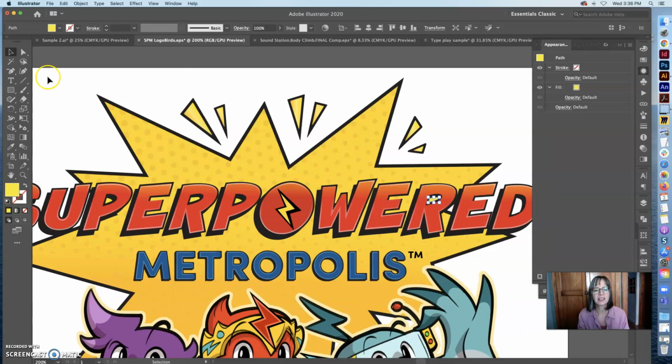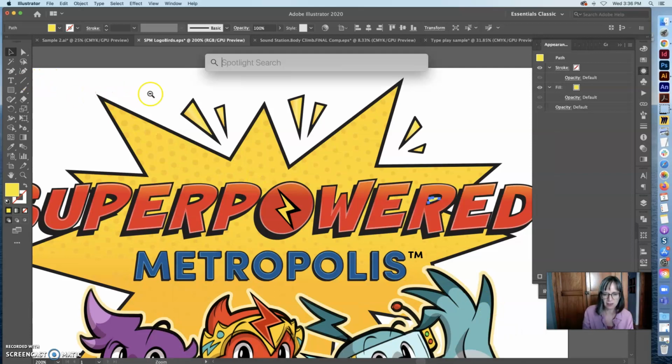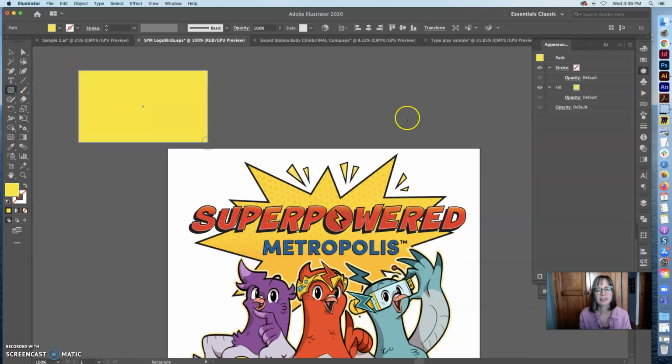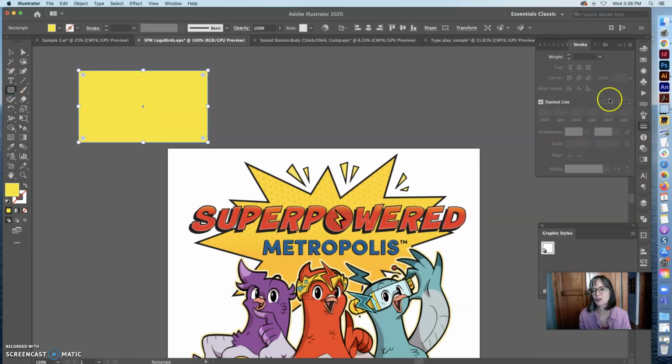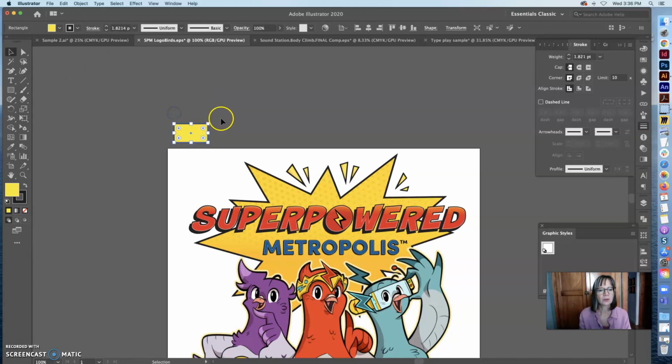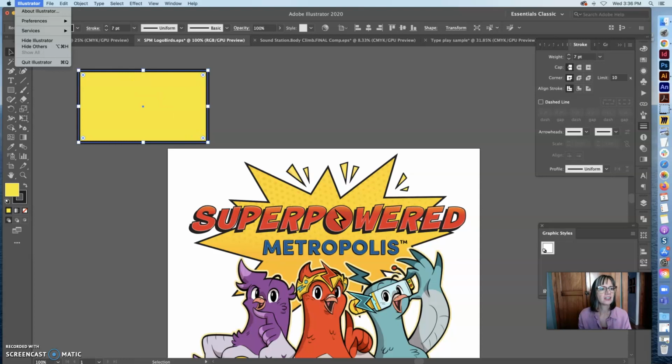And what that means is if I zoom out of here for a moment. If I draw this box and I put a stroke on it of, say, 7 points, you can see that stroke there. And so then if I shrink this way down, notice how the thickness of that line also changed, where if I don't have that button selected,